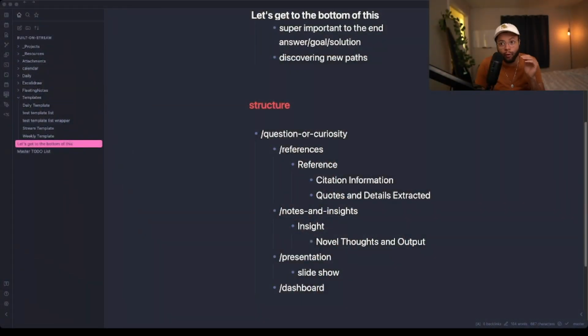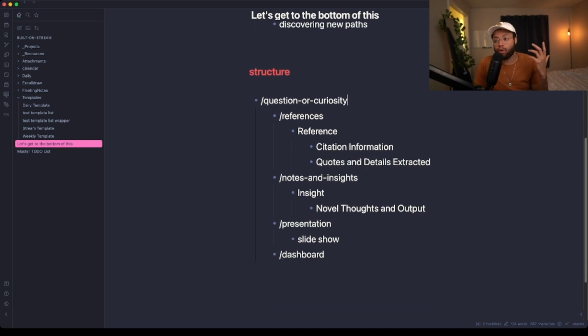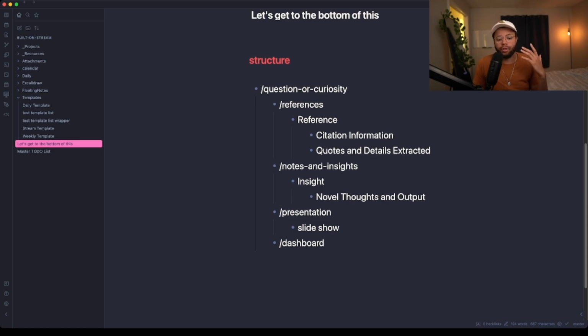And the stuff that'll work for me in this stream might not fully work for you, but I think the process of being able to find what works for you is such a good journey for any human who wants to do novel research. And novel research doesn't mean that you have to be a scientist. Don't get me wrong, it definitely helps if you want to be a scientist, but I think that it's just